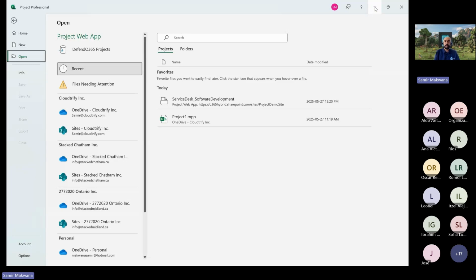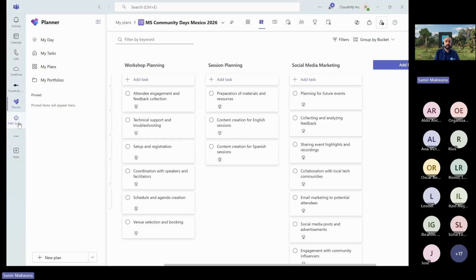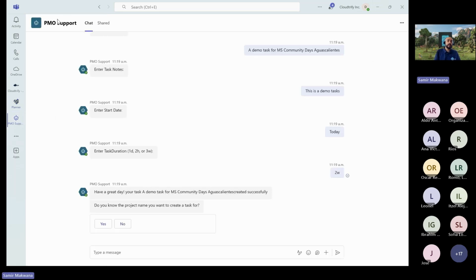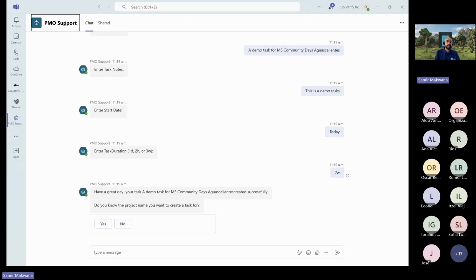And to start with, if I go back to my Microsoft Teams, as you can see, I have already published that PMO support Copilot Studio agent in my Teams. And you can see it's built using Microsoft Copilot Studio, and it completes different tasks.